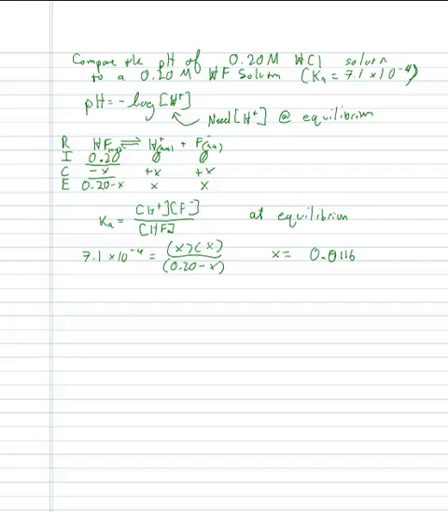0.0116. So our pH, remember, is equal to the negative log of our concentration of H plus. So right here, we can get that, and that is the negative log of 0.0116, and that is going to be 1.94. Now, since this is a weak acid, it's going to be definitely closer to neutral compared to a strong acid. So compared to 0.20 molar HCl, which is a strong acid,